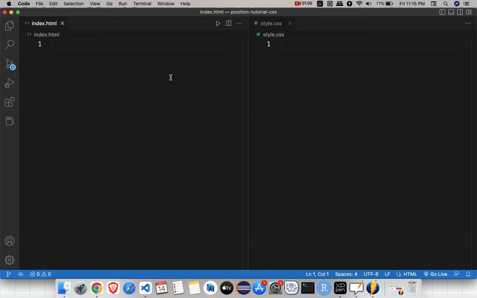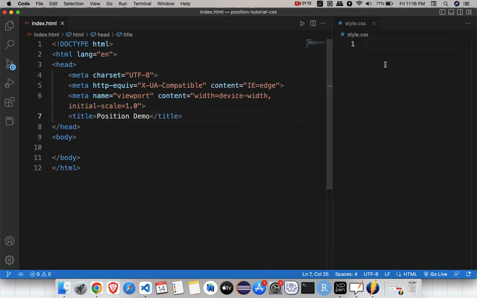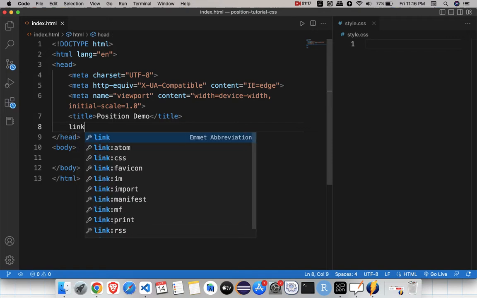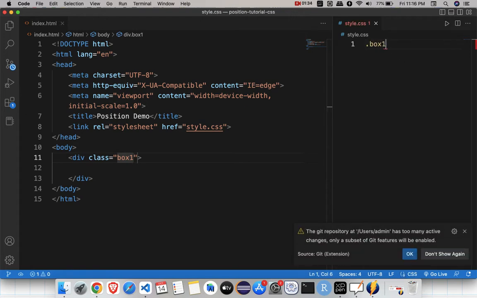So in the HTML file, write your basic HTML code, and then give a title to this page as position demo. Okay, and then you need to link this style sheet to this HTML page, which is in the same directory. So with the help of the link tag, you can directly link the style.css file. Now inside the body, create one division, and write one class for this div. I'll name that class box1, and we'll write some properties for box1,